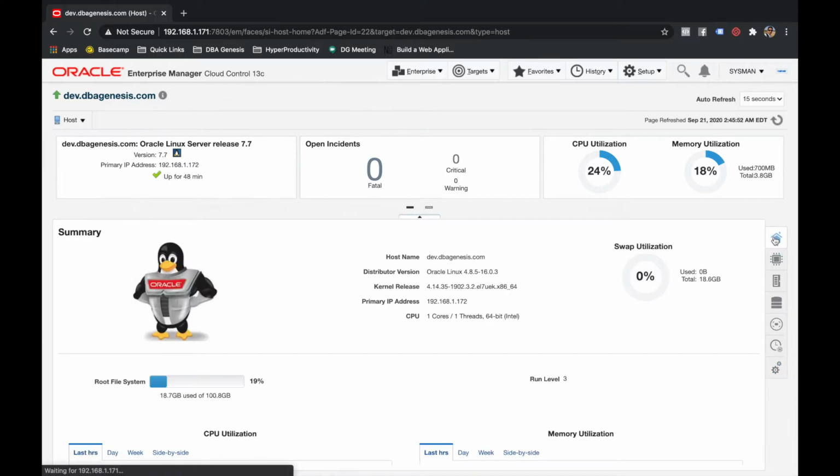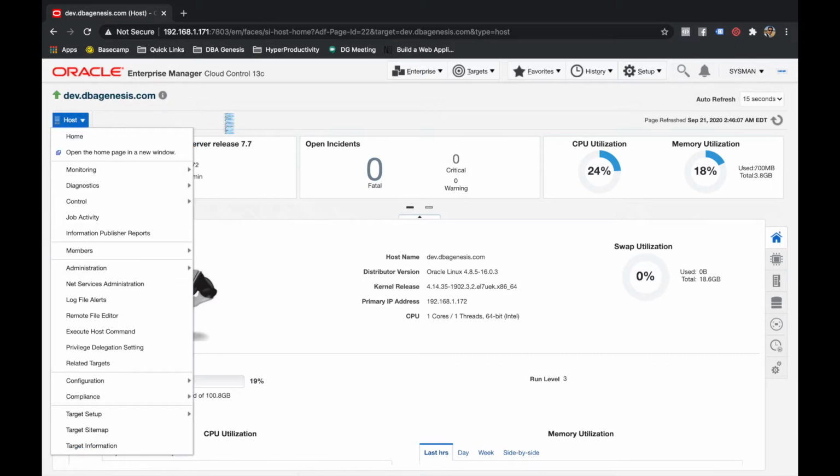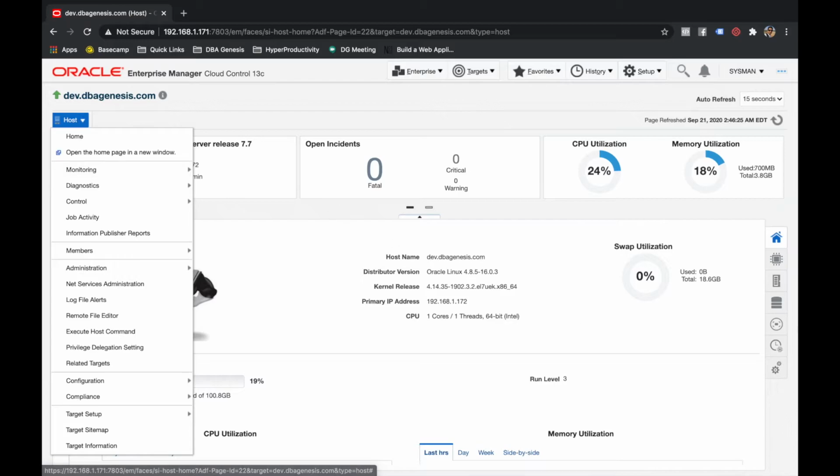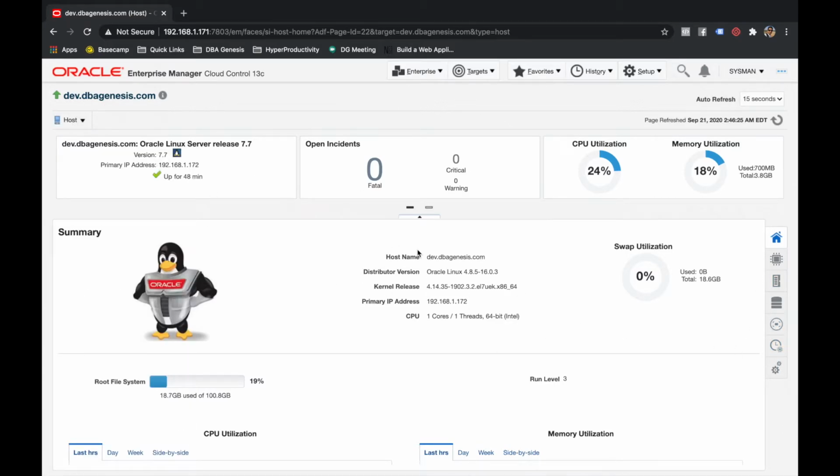So let us come back to the home, and as I mentioned guys, this is the admin panel for the target host. And now let us look at the quick menu. So this quick menu is where it helps you manage, administer the targets, right? Every target will have its own quick menu. Currently we are administering the target host, so home is self-explanatory. If you are like messing around with the options, you are in some other location, to come back you can quickly click on home and you will land back onto this home page, right? That's the first one.